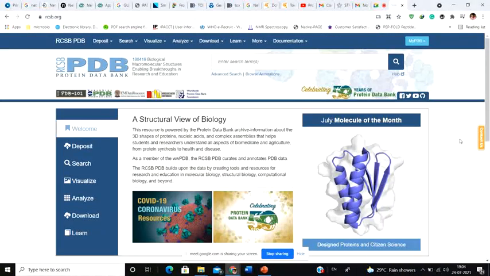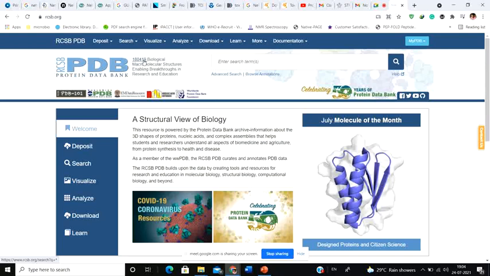So this is one of the databases, and as the name suggests, this is the RCSB Protein Data Bank. Though it's a protein data bank, you are still going to find structures of all sorts of molecules here, all kinds of biological macromolecules. If you take a deep look, you're going to see that this has 180419 biological macromolecular structures. That means this number of proteins or biologically important molecules' structures are solved and deposited into this particular database.